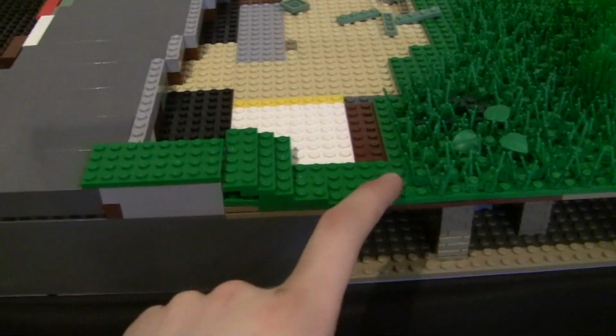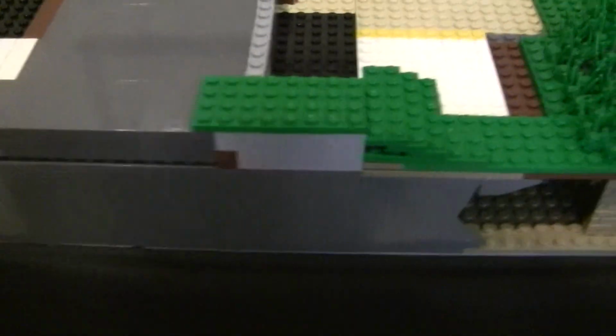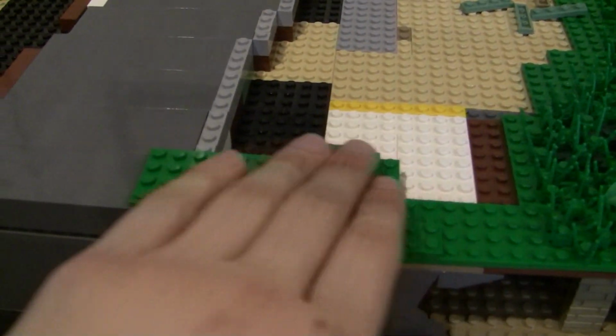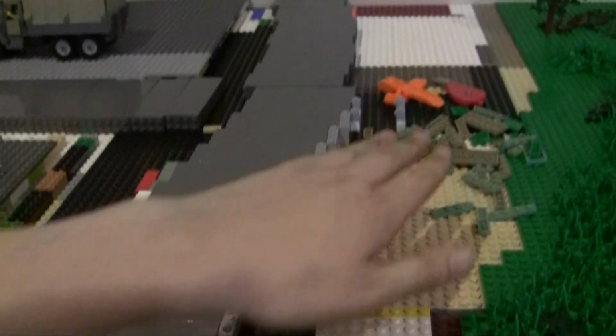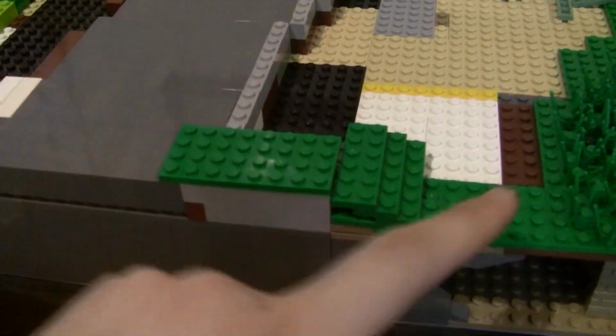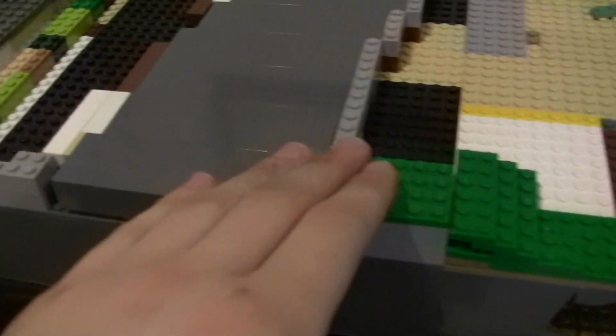Should I go straight from grass to the road here? This is kind of what I have simulated here, where we have just green plates. This would be a constant elevation change right here, so it'd be gradual throughout this whole section. And I'm wondering, this is just a quick mock-up of what it would look like going straight